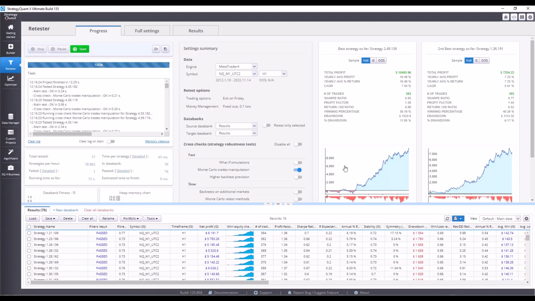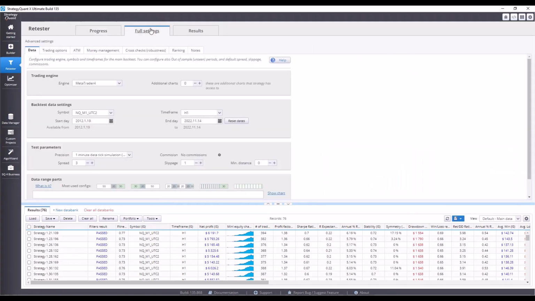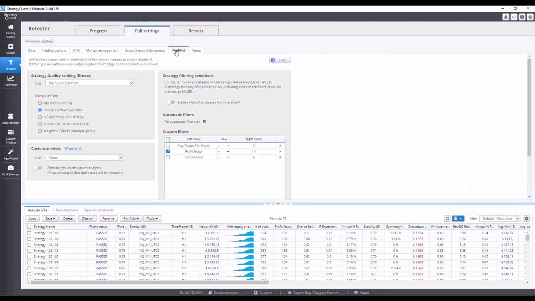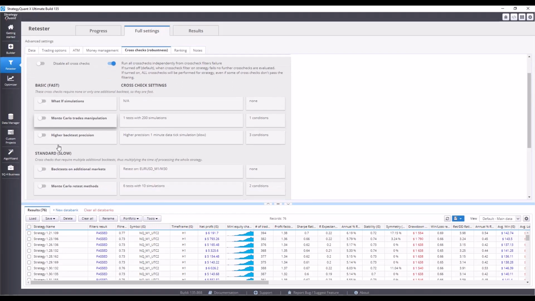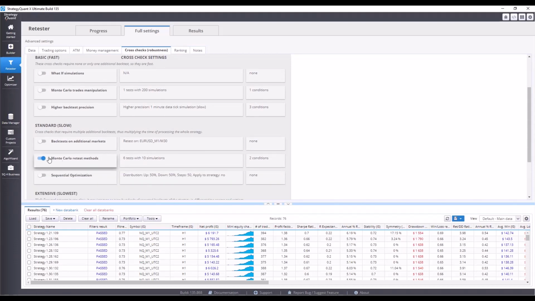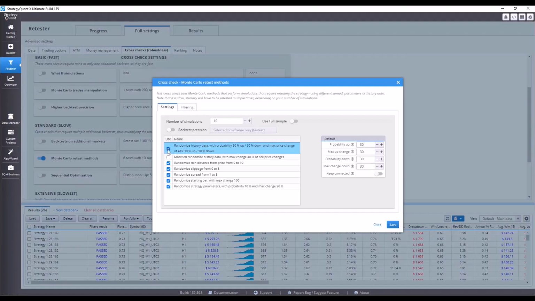Another test is also Monte Carlo, the so-called Monte Carlo retest method. In the cross-check tab again, turn off the first Monte Carlo test that we've just done and turn on the second one. In its settings, select only the last line, randomize strategy parameters. The number of simulations should be set to 30,